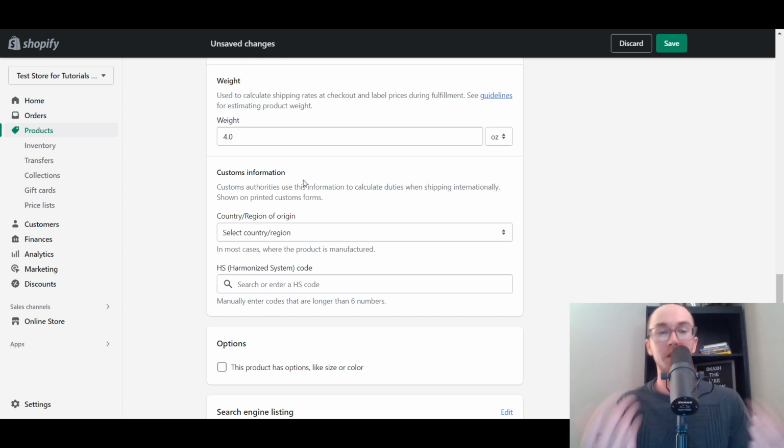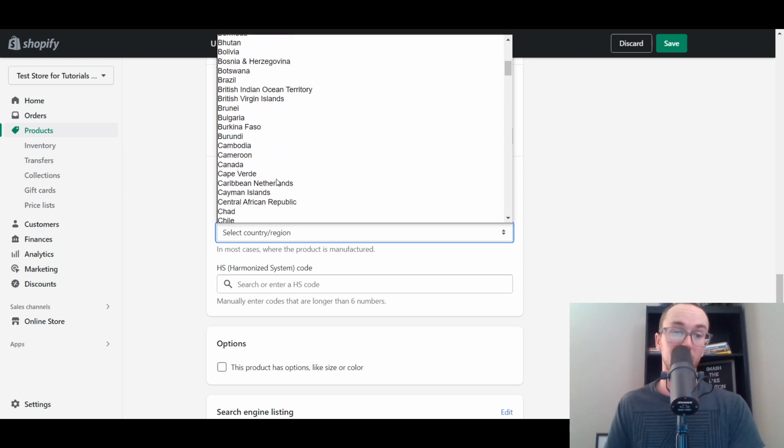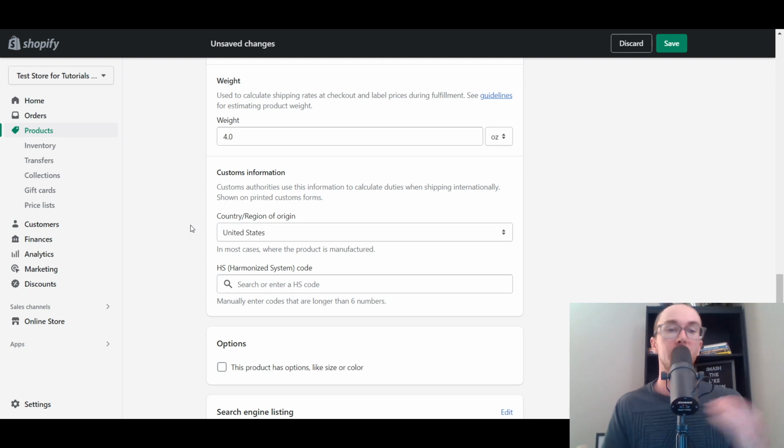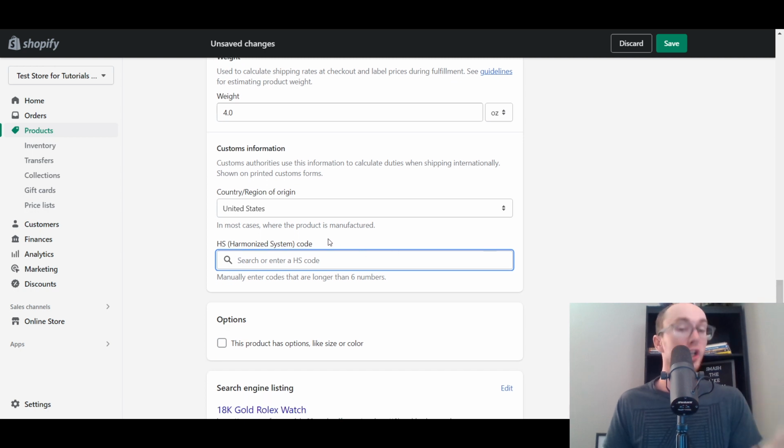Again, customs information, this is only if you are shipping internationally. So because we're based in the US, we're going to go ahead and scroll down here and select United States. Now, on customs information, this really is only important if you're shipping internationally, for calculating duties and other customs authority information. So here, as you can see, we have the HS, the Harmonized System Code. Now, if you're not shipping internationally, this does not matter to you. It does not apply. But if you are planning on shipping internationally, you do need to enter your HS code,